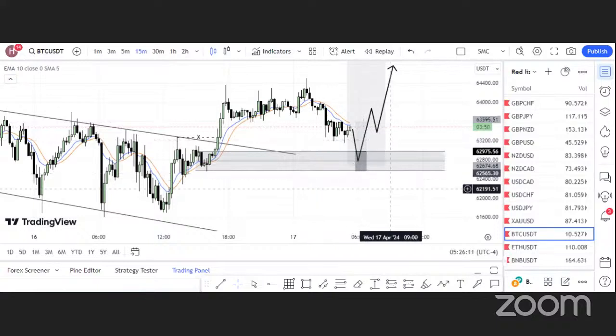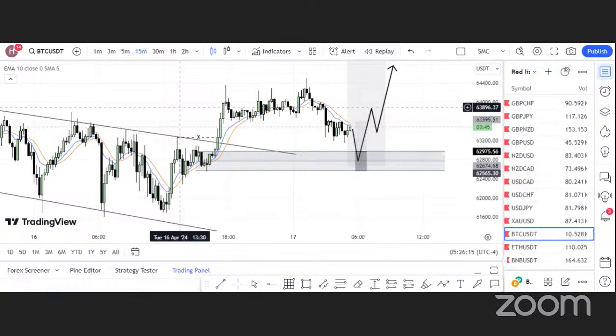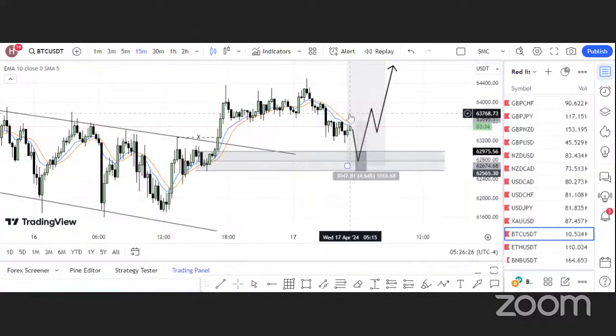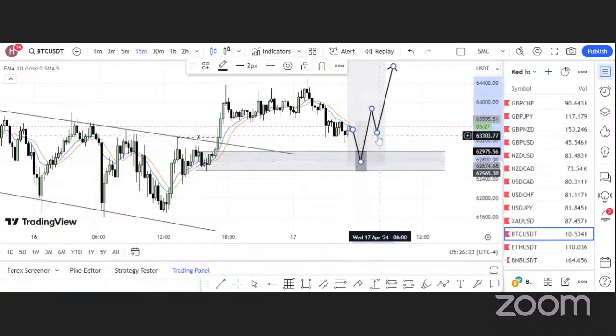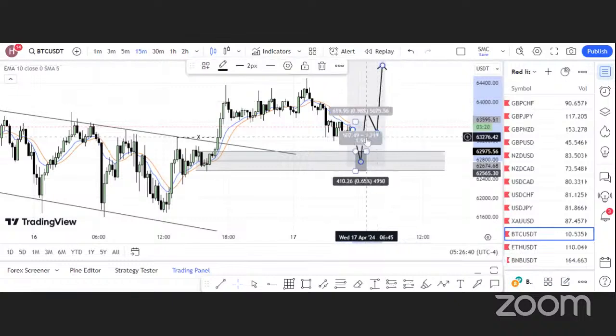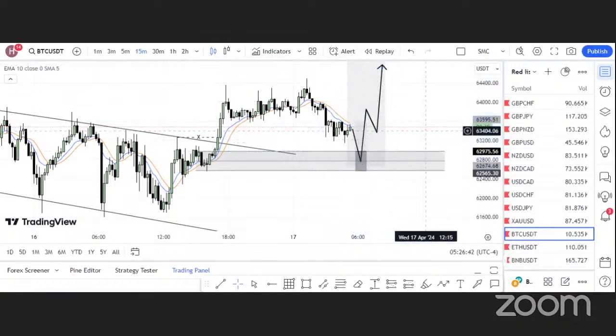So this is the analysis for BTC USDT, and as I always say, being a forex trader requires a lot of patience. Right now, we want the market to come down to this level before we place a buy trade. So you need to have a plan, and you need to be able to follow the plan. If the market doesn't come down to this level, I'm not placing a buy trade